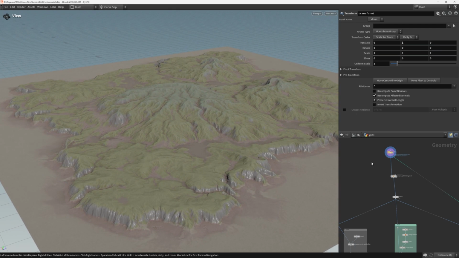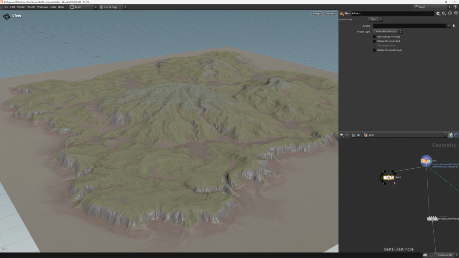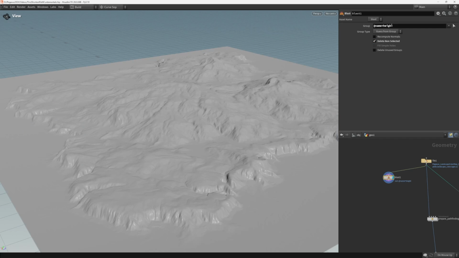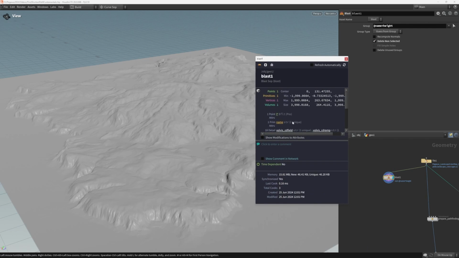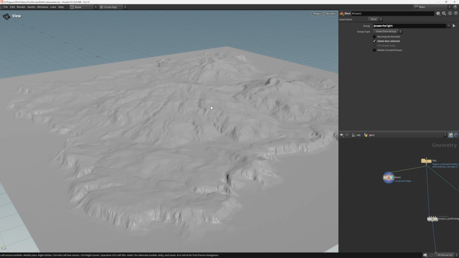So first of all, I'm just going to use this same height field that I have loaded up inside of Houdini, and I'm just going to basically strip everything off of it that isn't specifically the height. So I can go ahead and put down a blast node and delete non-selected height. And then if I just go and click the little information button here, we can see that now I only have a single sort of volume, a single height field here,